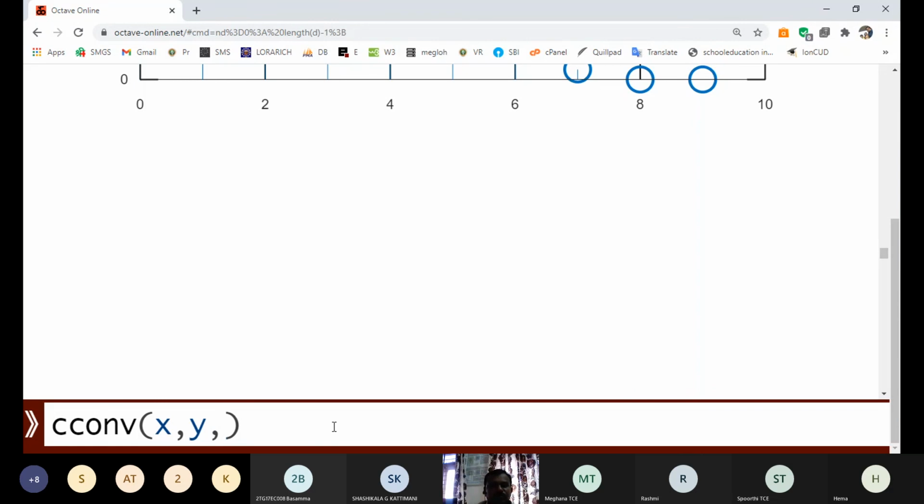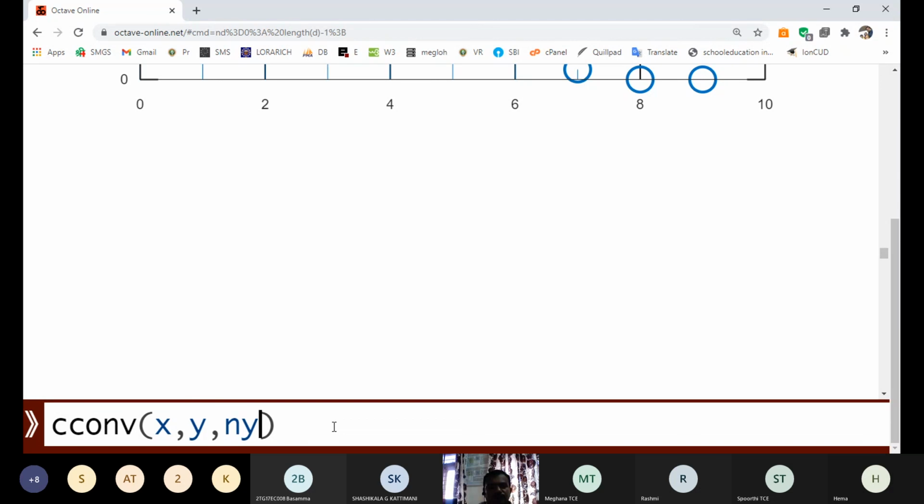The length we already know. Both are the same, so we can use nx or ny, since x and y have the same length. That is circular convolution.